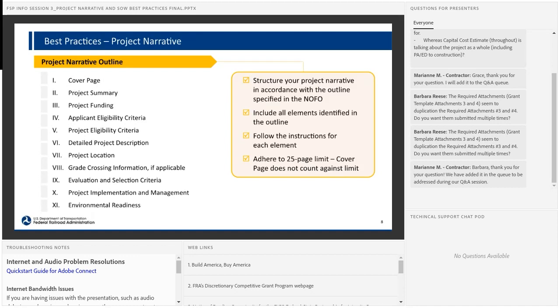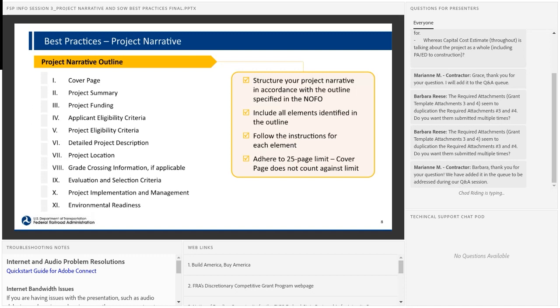We'll talk now about best practices regarding the project narrative outline as a whole. Just to make sure everyone understands, the guidance that we're giving applies to both the Fed-State partnership that is national and NEC. What you see here is the outline in the NOFO of the Fed-State partnership national NOFO, but please take a look at the appropriate NOFO for what you are applying for. Again, NOFO is Notice of Funding Opportunity.